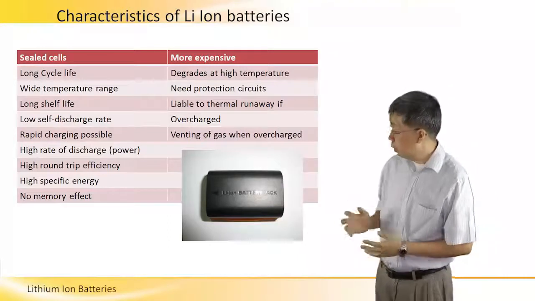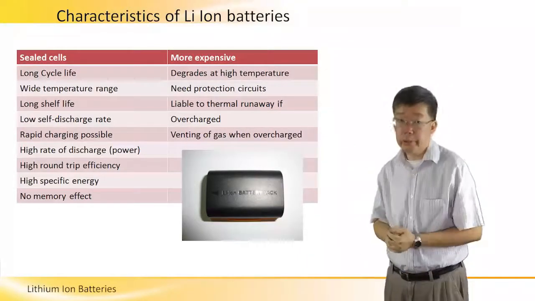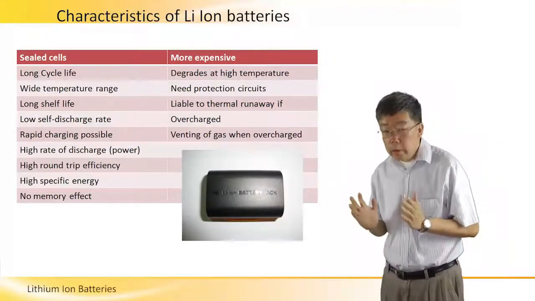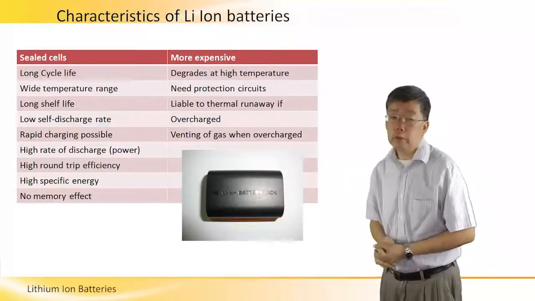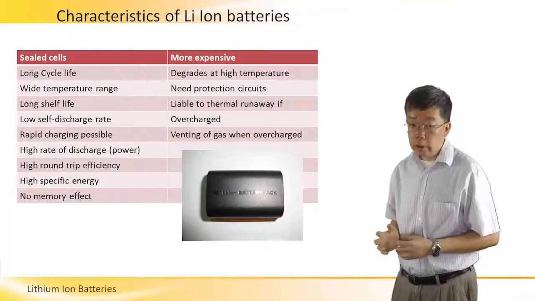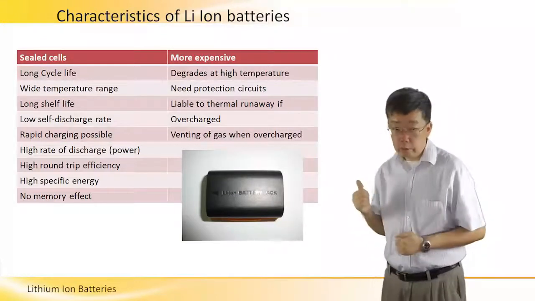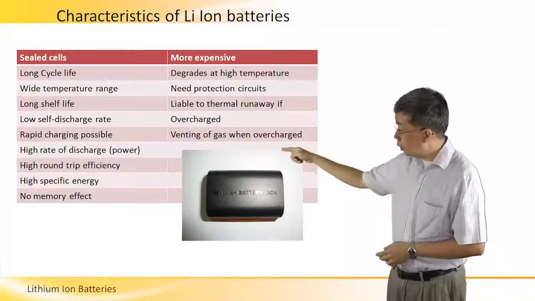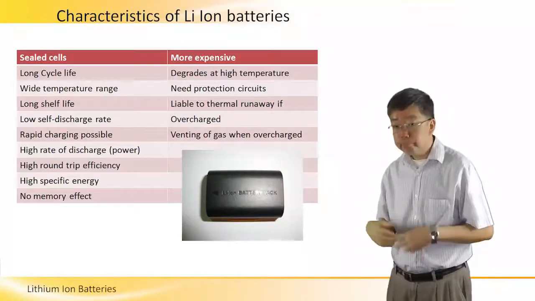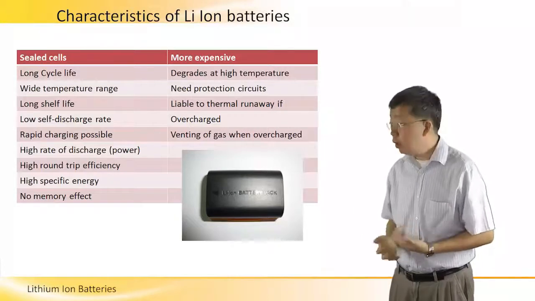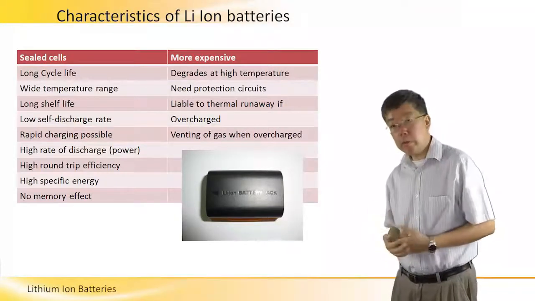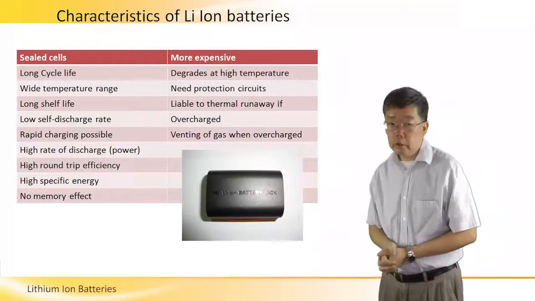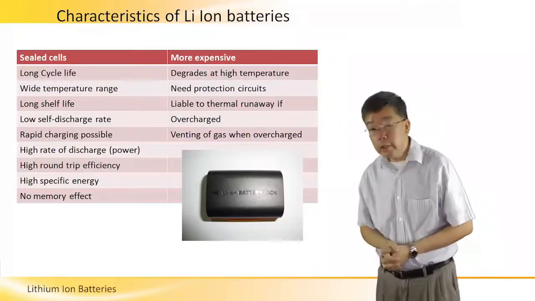And in this table, we are basically showing the characteristics of the lithium-ion battery. Essentially, the left column of this table is showing the advantages, the strong points, if you like, for the lithium-ion battery. And the right-hand side of this table is showing the areas where the lithium-ion battery is still not so strong. So if we start with the advantages of the lithium-ion battery, we can see that this battery